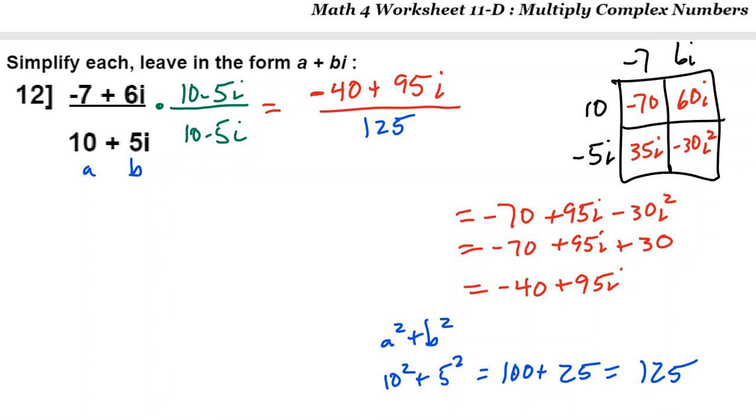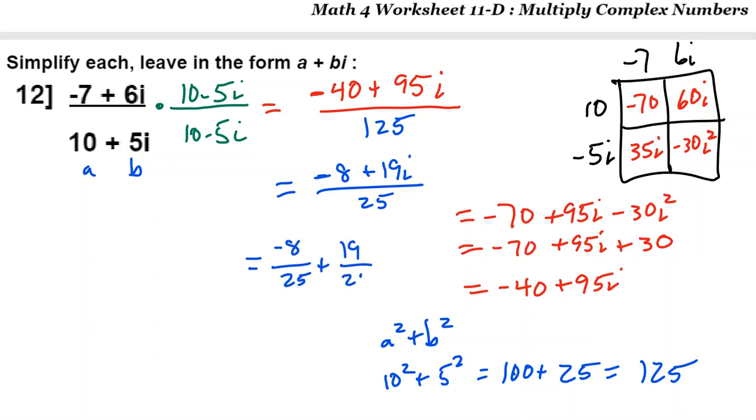Well, they all end in either 0 or 5, which tells me that 5 ought to be a common factor here. Or we can say that plus that, either way. That is worksheet